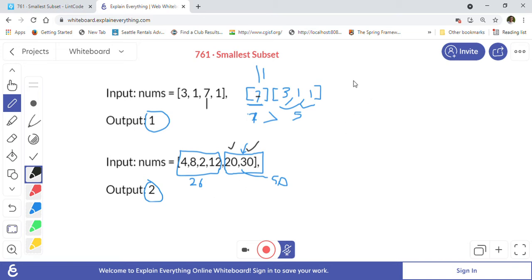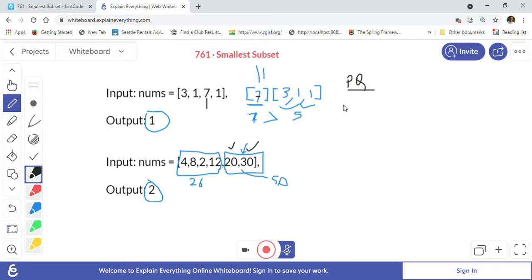For that, in Java we can use a priority queue, which is the min heap or max heap implementation in Java. We can put these numbers into the priority queue in such a way that the highest element will be on the top. Let's take this second example.